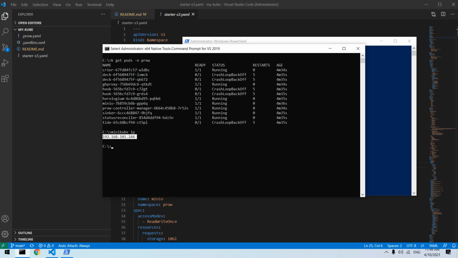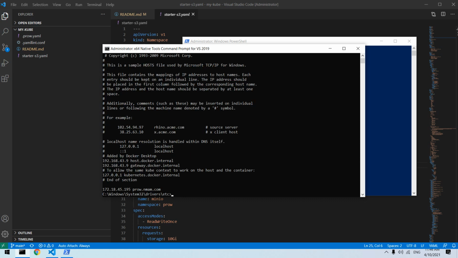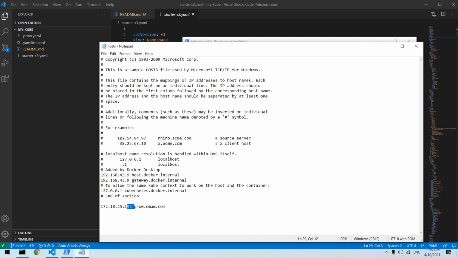So this is the IP address which Molecule has assigned. What we will do is come here, create a filter by name, and then change it to IP.